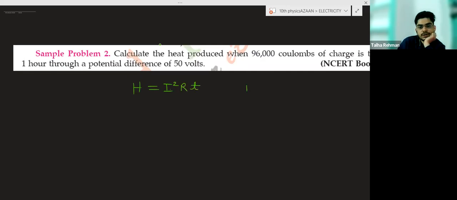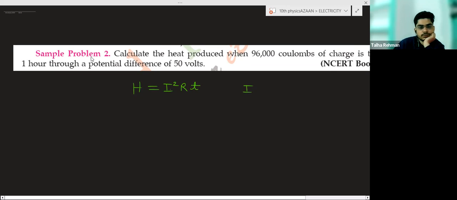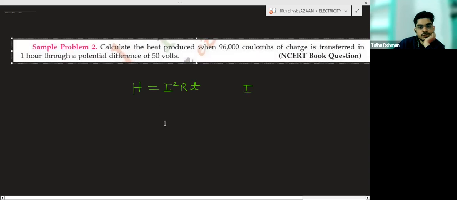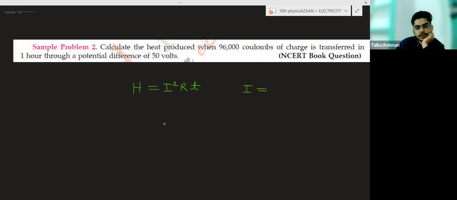So how will you calculate the current? I told you what the formula of current is. In the beginning, I told you current is equal to charge divided by time. So charge is given as 9600 coulomb, and time is